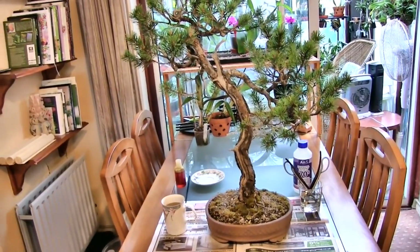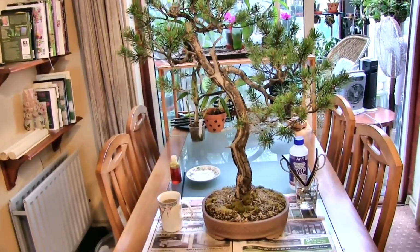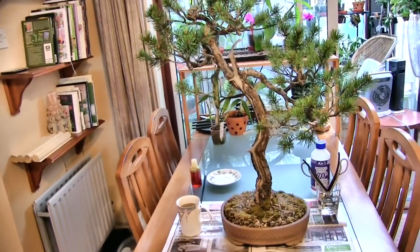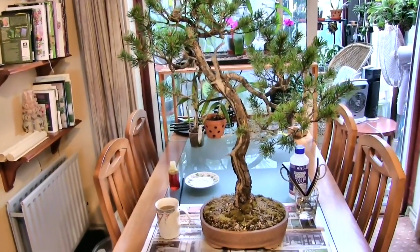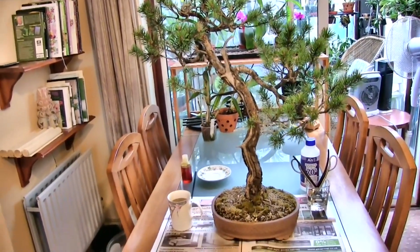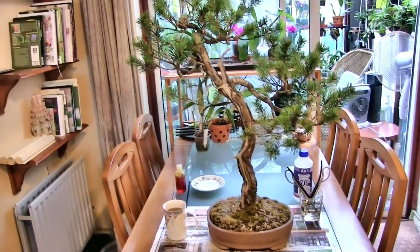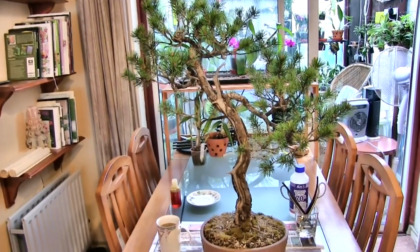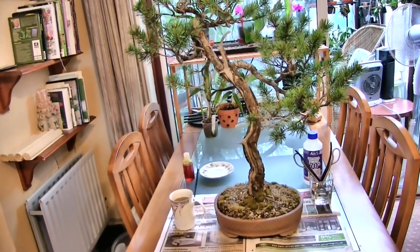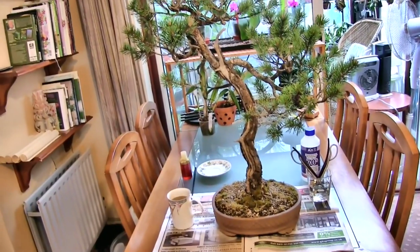So I asked if it was okay to just pull that tree out the ground, which I was said, yeah, it's in the way, mate. So out of the ground it came. It had virtually no roots on it where it was, but it got potted up. It's since produced a reasonable root system, but these type of pines are not very vigorous, and they only have